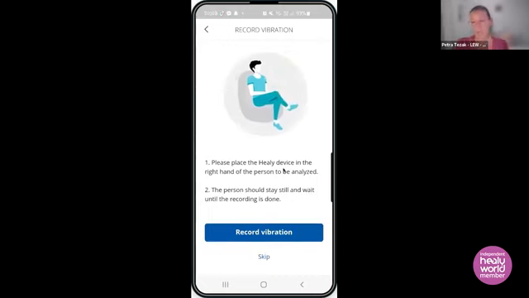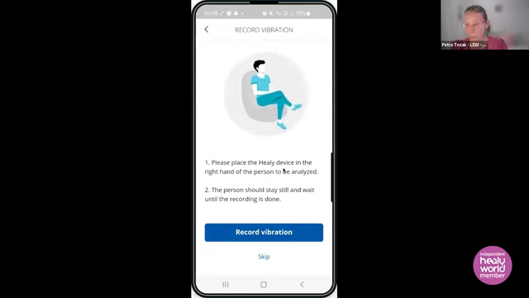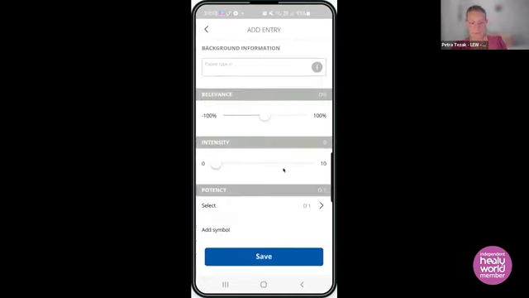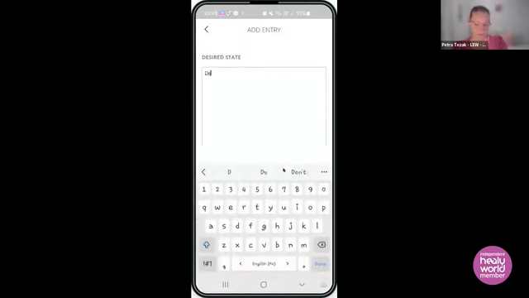I would use live dandelion, so you can go into your garden, put your Healy on the dandelion, click record vibration, and set an intention to record the full expression of this beautiful, healthy dandelion. It's literally going to record the vibration of the dandelion. So then when you have that dandelion in there, you have an entry in here. I'm just going to pop this so you can see.